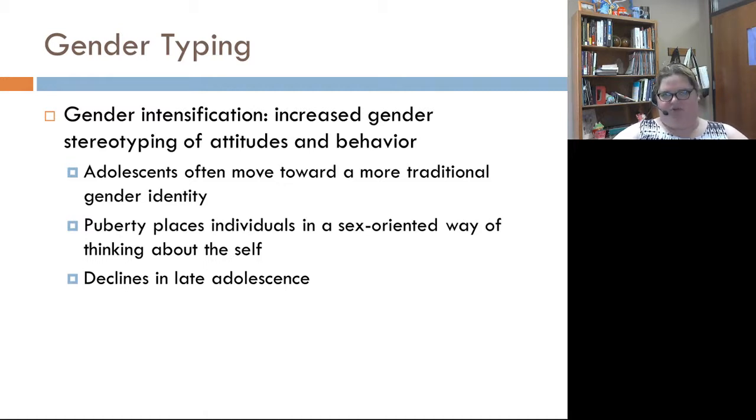It does have a natural decline. And by middle adulthood, gender differences in terms of social behaviors get to be so slight. People are much more gender neutral because you stop having this need to type yourself. Okay,